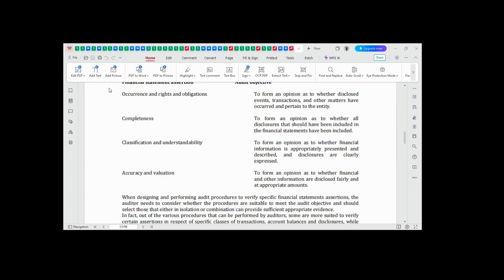So last time we started a new topic that is audit evidence. We looked at audit evidence and its definition. We went further to look at the characteristics of audit evidence, that is appropriateness and sufficiency. Then we went on to look at